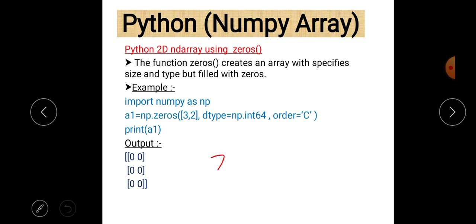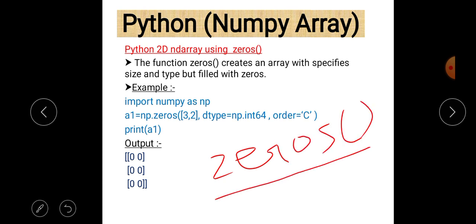Next is zeros. As the name suggests, zeros is a function of numpy by which we are able to create a two-dimensional array which contains all elements as zero. The first line is import numpy as np, and in the second line you can see a1 = np.zeros, with size (3, 2) passed as a parameter.